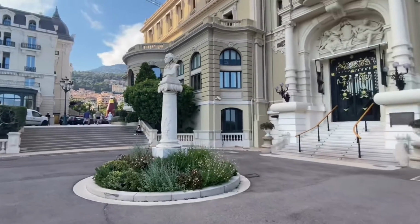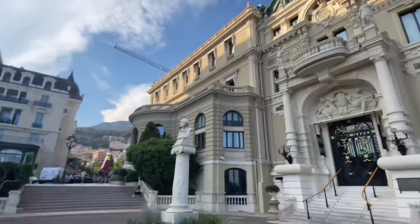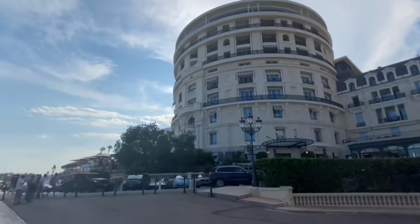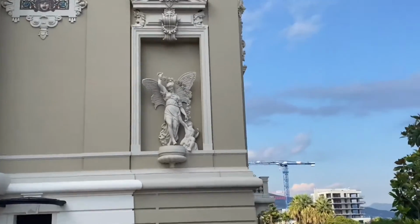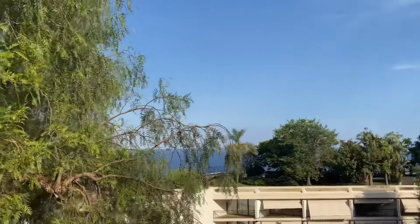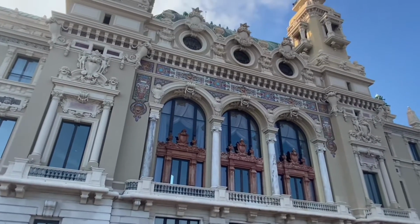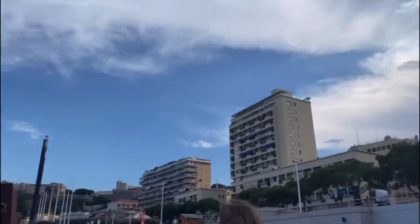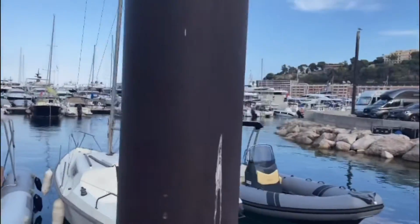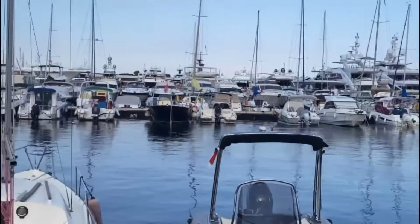And then once me and my friends had finished looking at all of these beautiful buildings that you can see here, we decided to walk closer to the sea and have a look at the boats, because there are so many in Monaco. And then we also saw some racing cars, because Monaco is known for the F1 Formula 1 driving. Just so stunned by how many boats, small boats, really big boats, some super yachts I saw,